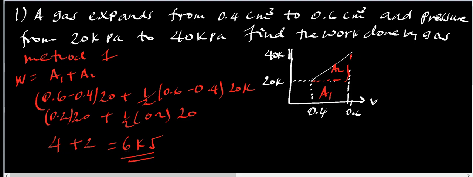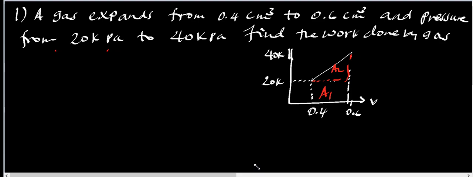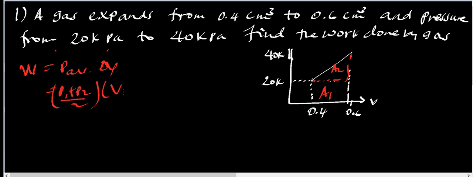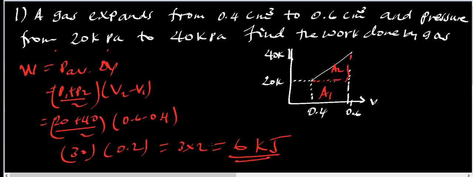method 2 ደግሞ እሱንም እዚህ ጋር ላሳያችሁ። method 2 is simply work done is P average times change in V ማለት ነው። P average P1 plus P2 over 2 ብለናል times V2 minus V1. This is 20 plus 40 over 2 times V2 is 0.6 minus 0.4 this is 60 over 2, 30 ይመጣል 30 times 0.2 this is equals to 3 times 2 which is 6 kilojoule 6 kilojoule ይመጣል። this is example 1